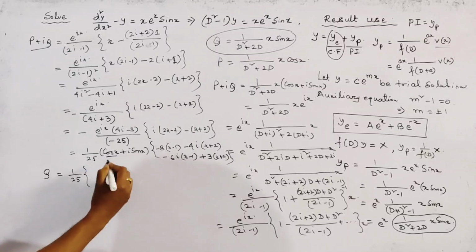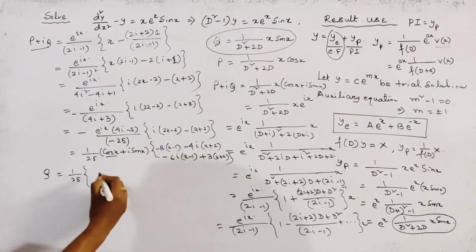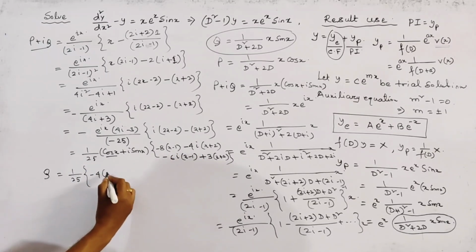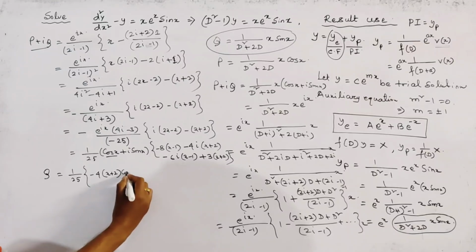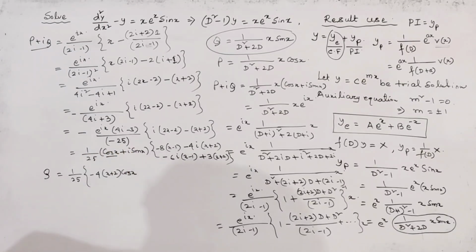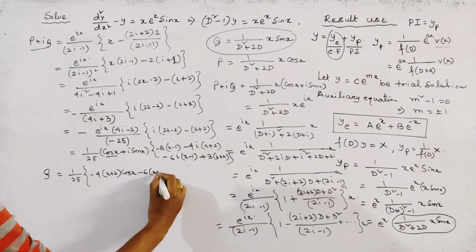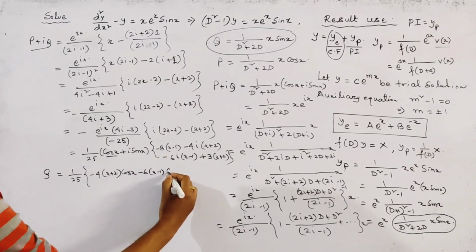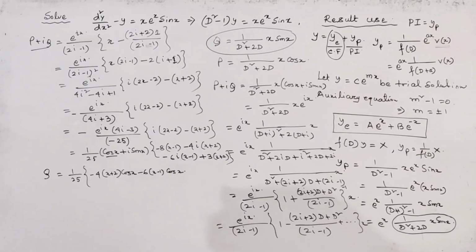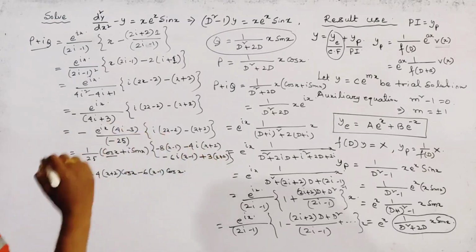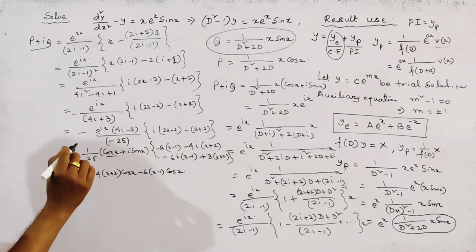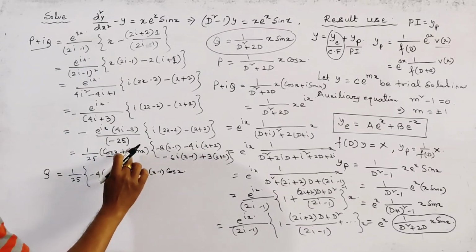Okay, so we get imaginary part from here. This is minus 4 into (x plus 2) into cos x, and from here we get minus 6 into (x minus 1) into cos x. From here and here we get imaginary part,